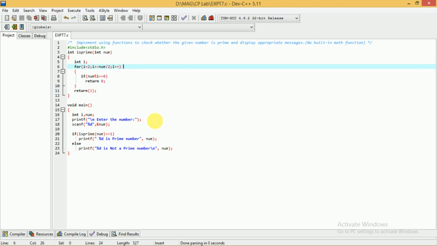But a function is a part of the program. You will be writing a number of lines in your program, but sometimes there will be a set of lines written to perform a particular task, and you may want to execute those lines repeatedly.